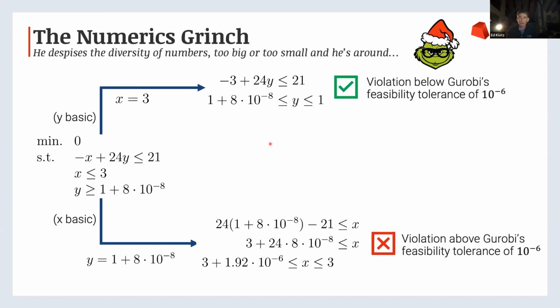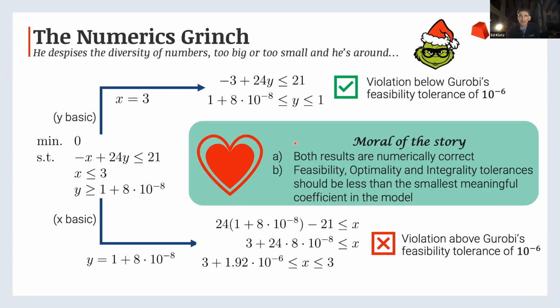Therefore, phase 1 of the primal simplex method declares this model infeasible. Both of these are correct, okay? There's no ill conditioning here. So when a model is right on the boundary of feasibility and infeasibility,